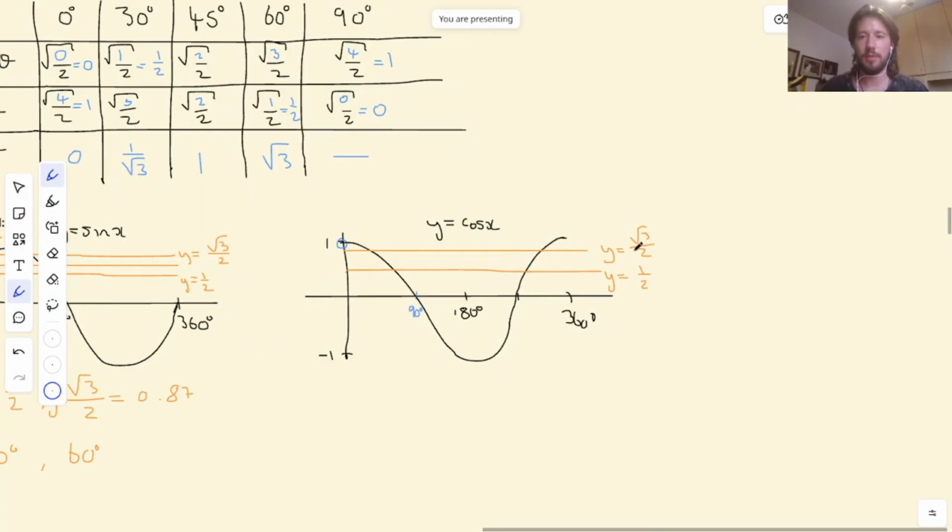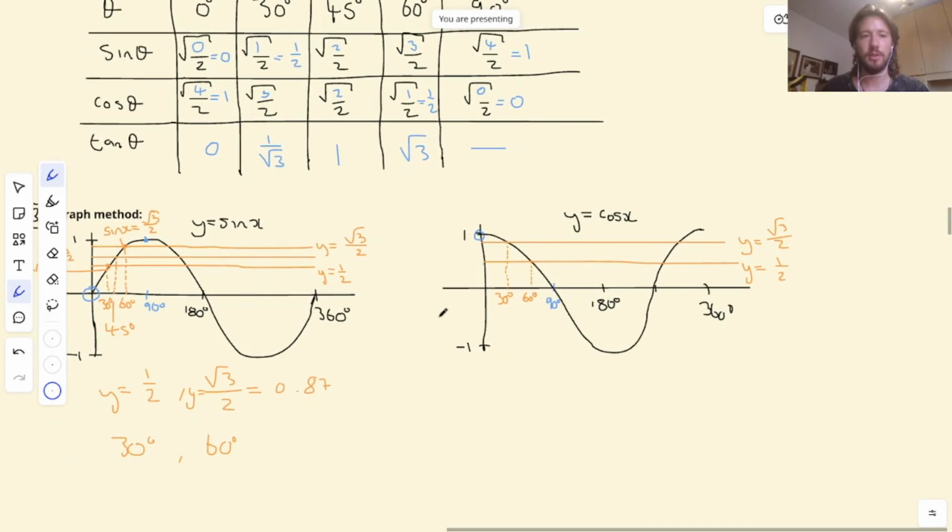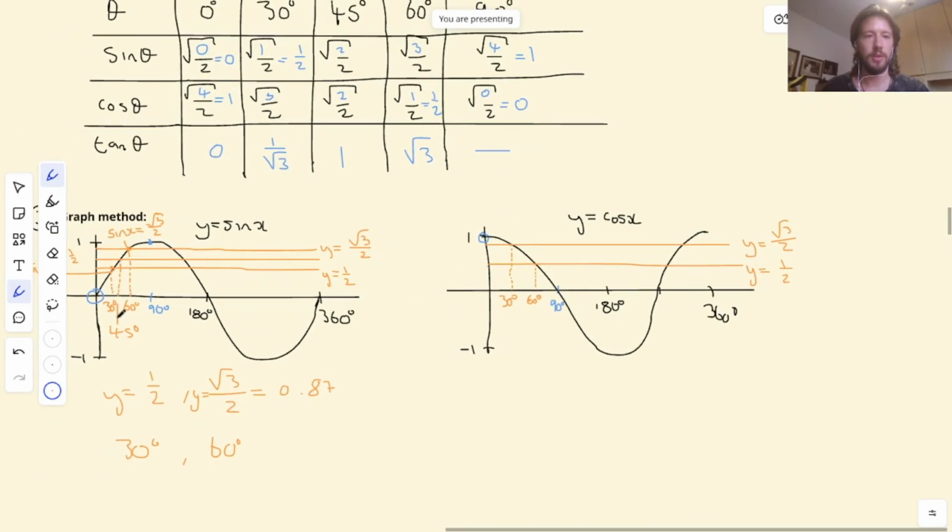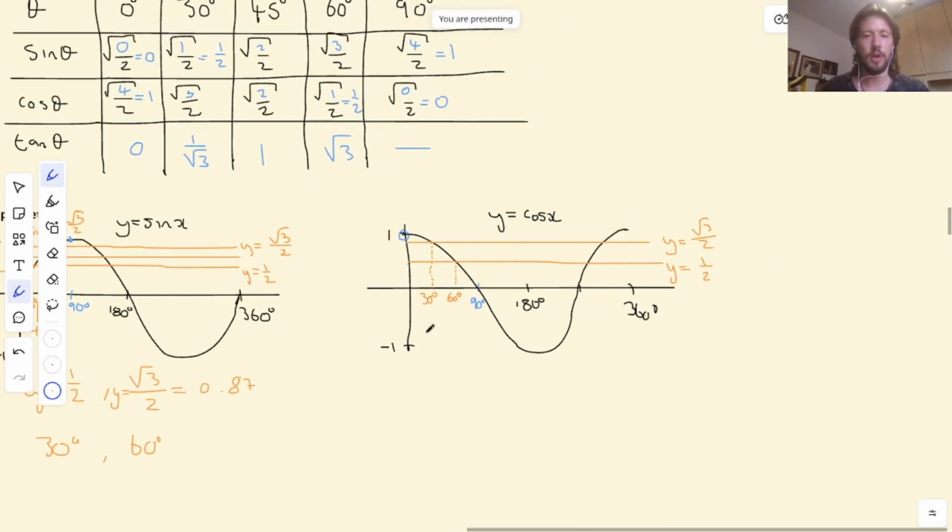Now I've done the same thing for the cos graph. And here you can see that root 3 over 2 roughly coincides where 30 degrees would be, and 1/2 would coincide where that 60 degrees would be. And just a rough sketch in the side of your paper of these two curves